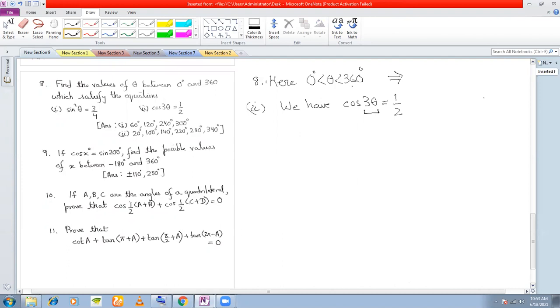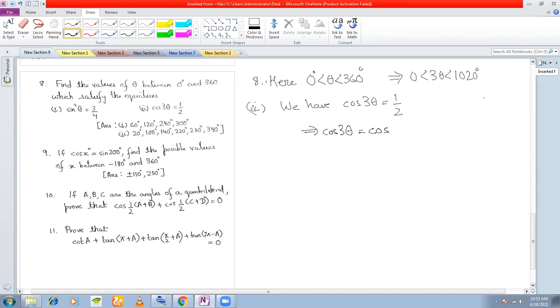If theta lies between 0 and 360 degrees, then 3 theta will lie between what? 360 into 3 is how much? 1080 degrees, right? That means we'll get solutions in 3 rotations. Okay, so what we do is we write cos 3 theta is equal to cos, for